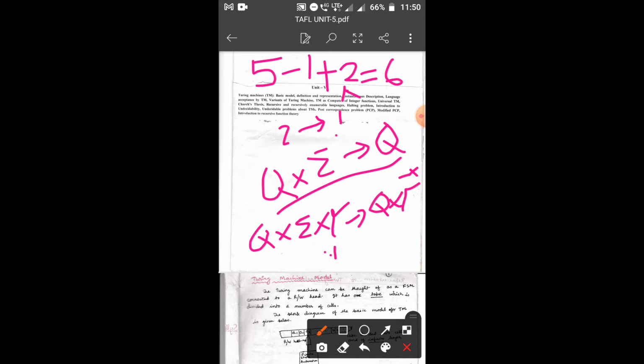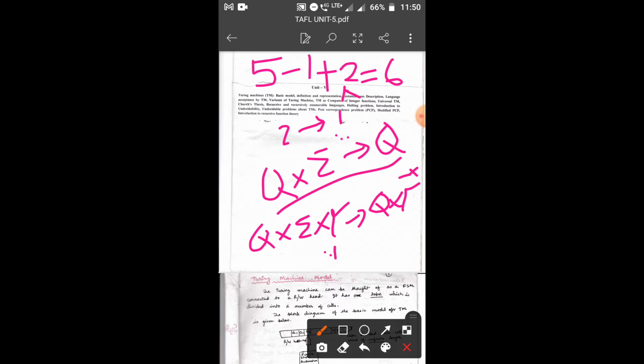But it should be clear that it is neither necessary to be disjoint nor the same. It may be in any form. Maybe some symbols will be common, maybe disjoint, maybe equal. Everything is possible. It all depends upon the need of the requirement.